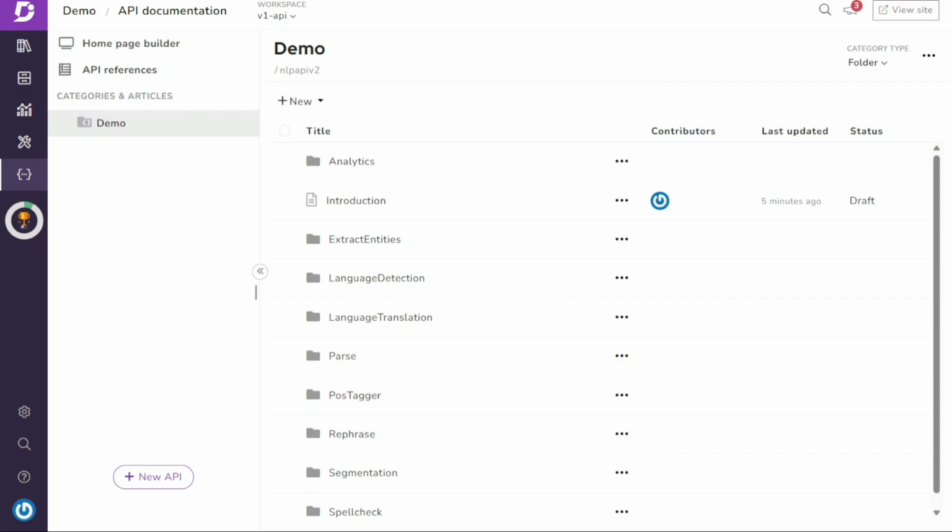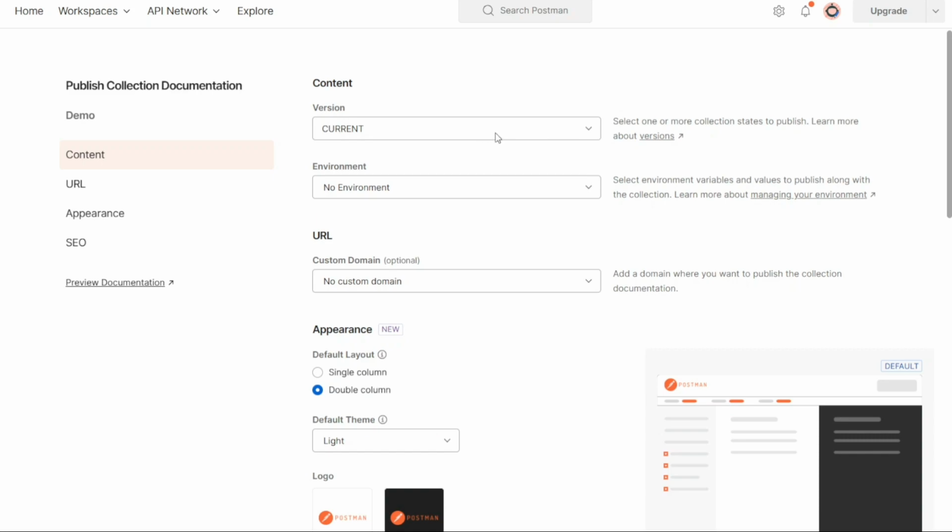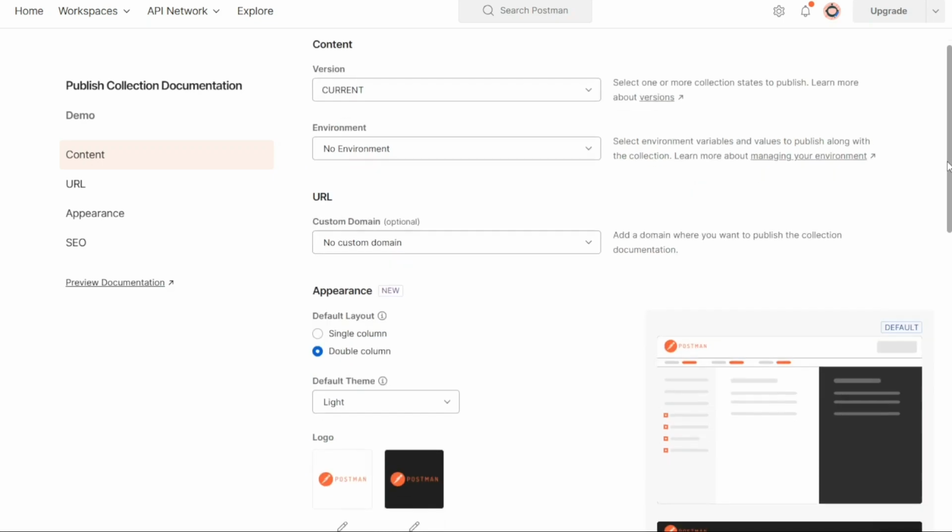And for documentation maintenance and updates, Postman takes a proactive approach by automatically reflecting any changes made to definitions or collections. This means that whenever there is a modification to the API, Postman automatically updates the corresponding documentation. This feature helps teams using Postman ensure that consumers always have access to the most current and accurate information about their APIs. By automating the documentation update process, Postman eliminates the need for manual intervention and reduces the risk